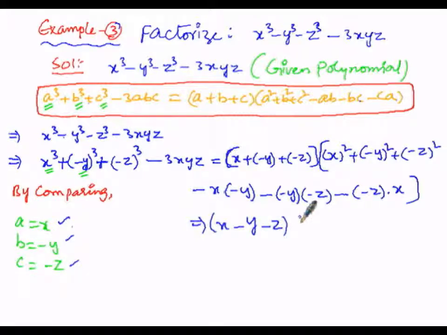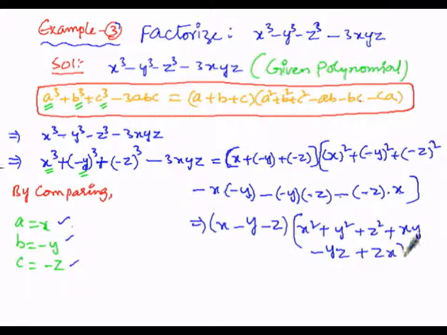Then square bracket opens, so x square. Here minus sign is repeatedly multiplied twice, minus of minus is plus, so plus of plus will be plus, so just y square. Since the exponent is an even number, 2 is even, minus sign becomes plus sign, or in other words minus into minus is plus, plus into plus will be plus y square. Similarly here also, minus repeatedly multiplied 2 times, minus of minus is plus into plus is plus, z square written as it is. Minus into minus is plus xy, minus into minus is plus into minus is minus, y into z is yz, whereas here minus of minus is plus zx.